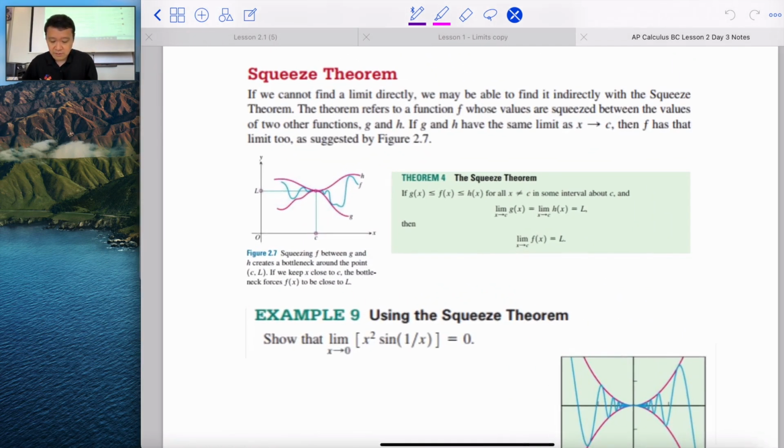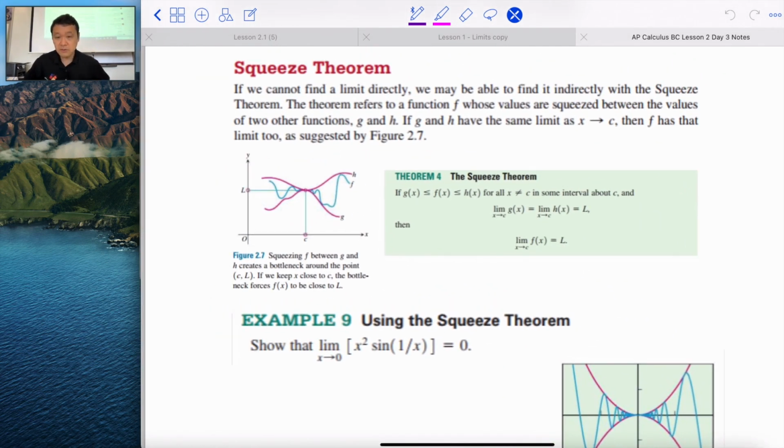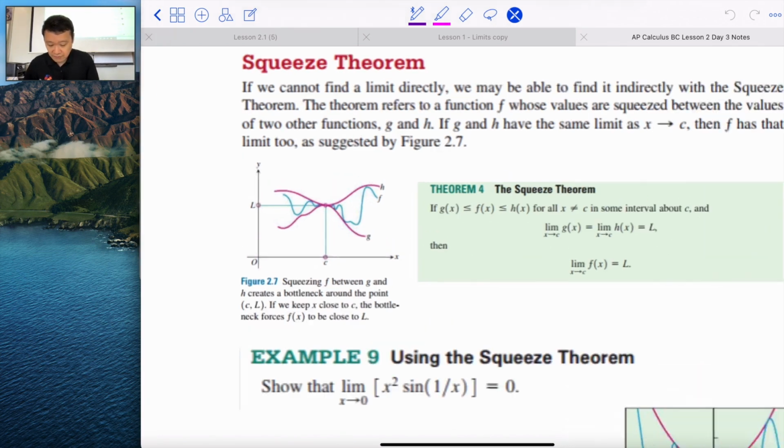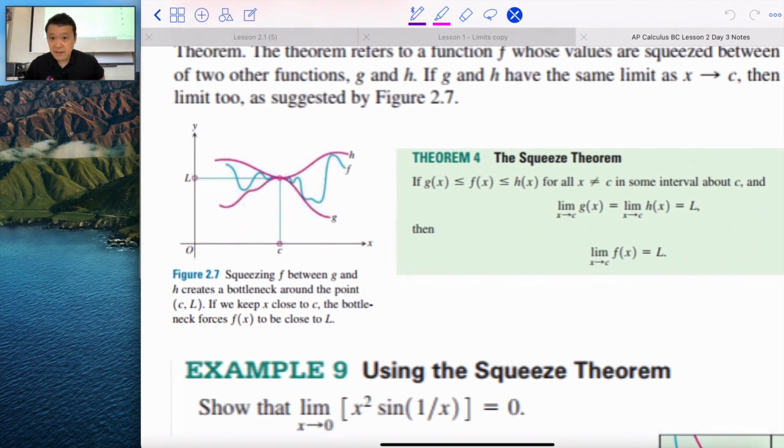We'll start with this theorem called the Squeeze Theorem. It's also called the sandwich theorem or the pinching theorem. I got this one from our own textbook. Here you could start with figure 2.7 to get an idea of this. I'm sure you've learned this last year, but if this is the first time, that's okay. It's pretty intuitive. We're concerned with the limit of the function f